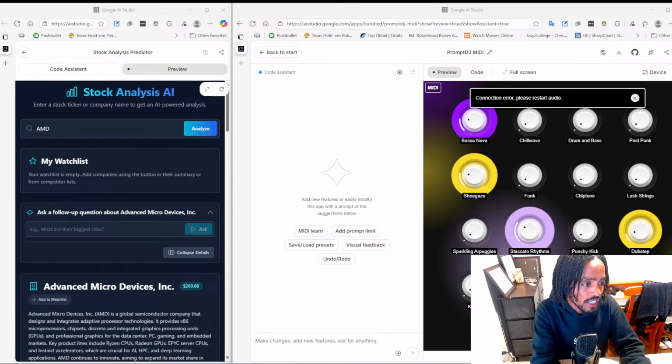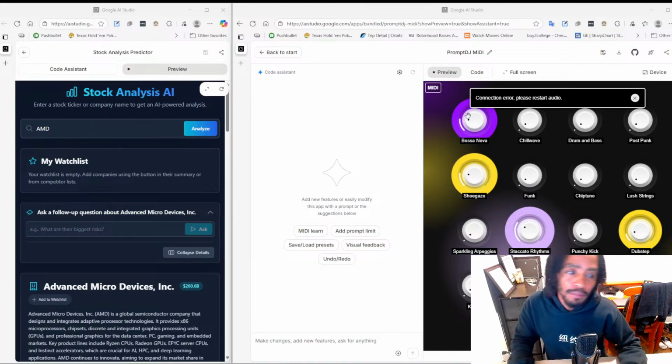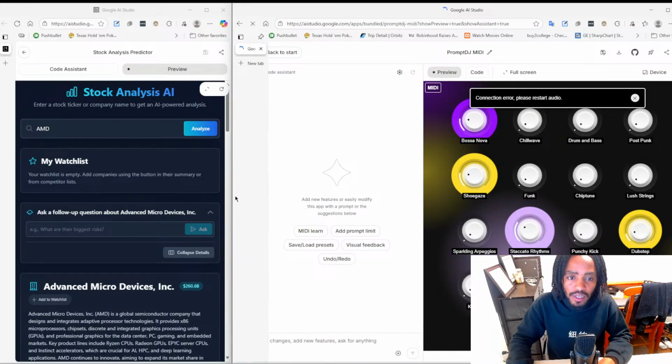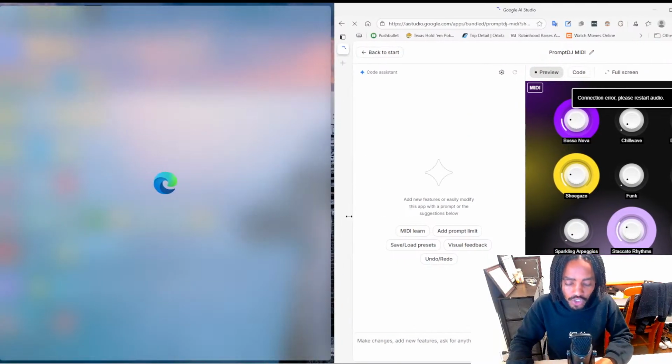AI stock analysis. All right, so let's get back to it. I'm gonna go back to what I was doing here. I was showing you how